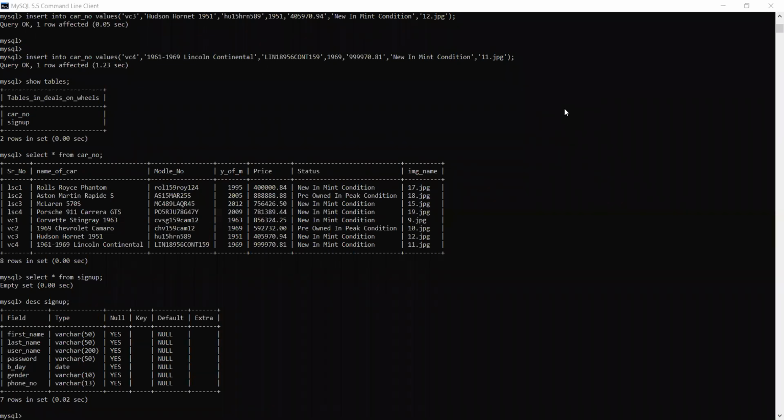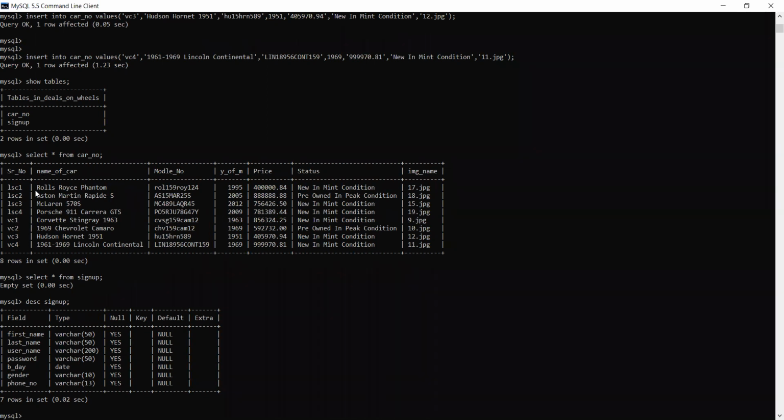Let's see. So yesterday what we have discussed was group by clause. So we are going to check first of all what are group by clause. Now see, I have taken this particular table for the example. This is select asterisk from car number. First we will see the data part properly. Serial number everywhere is unique.